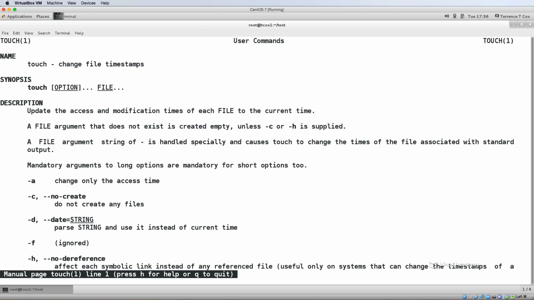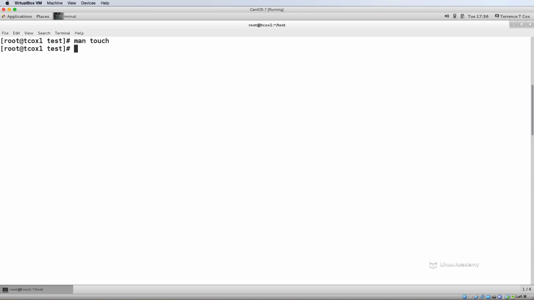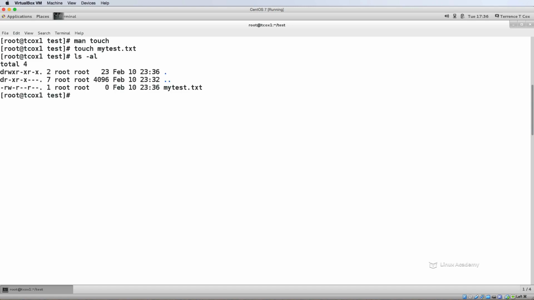But it will also create a file if it doesn't exist. Now, you can change that so that it only changes the access time, or doesn't create a file, etc. But in our case, we're going to actually use it to create a file. So if we do touch mytest.txt, and that's all there is to it, when we do the ls -al command again, we should see a 0 byte